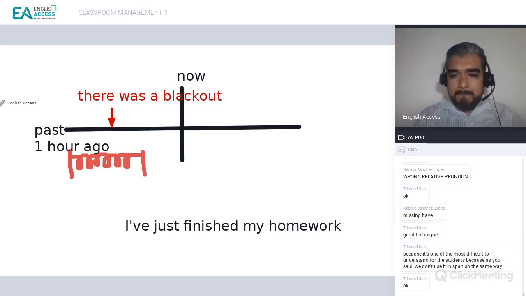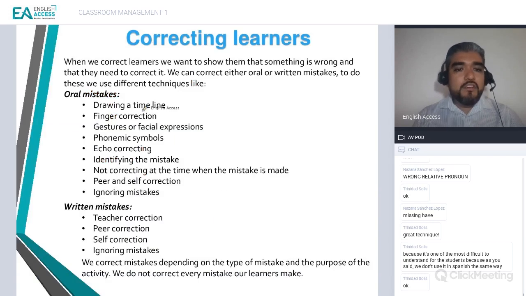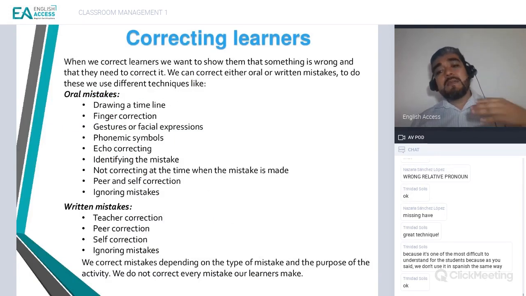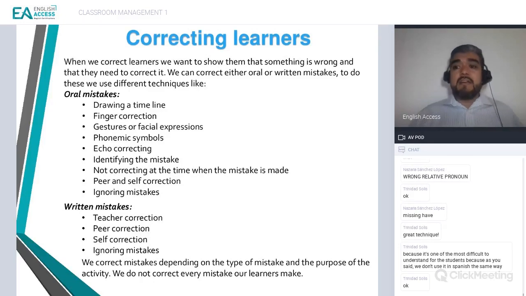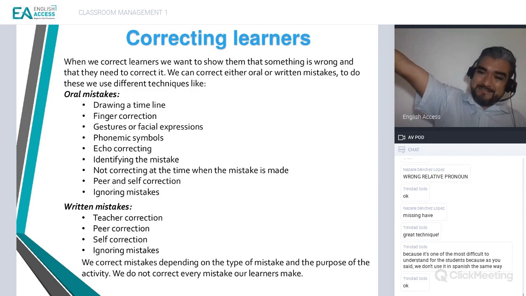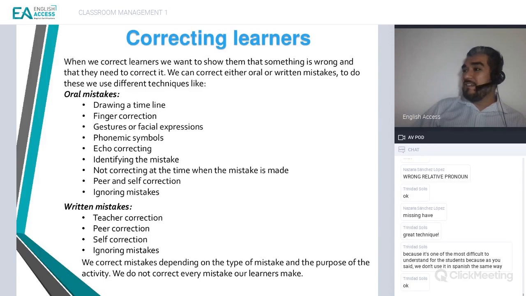Okay, let's see. Another is the finger correction. Sometimes you are at the back of the classroom and the student is at the front of the classroom, right? And you hear that the student makes a mistake, but you are very far, right? And you cannot go to the board because the board is on the other side. And you are like, oh my goodness, how can I correct that student? And the student says something, no? Let's say the student says something like,